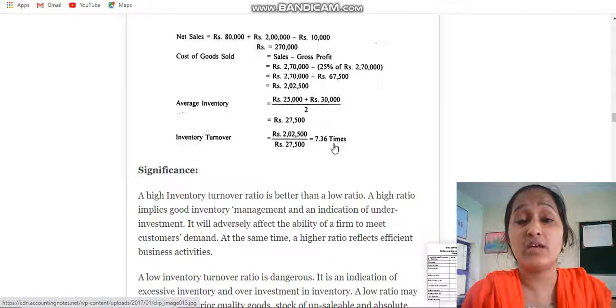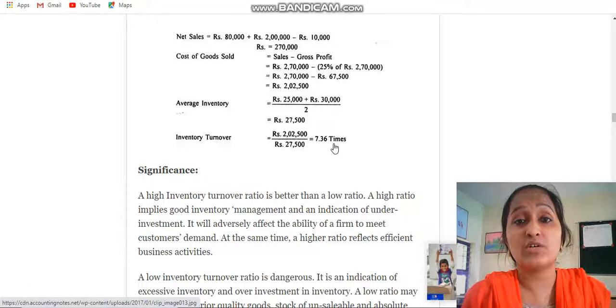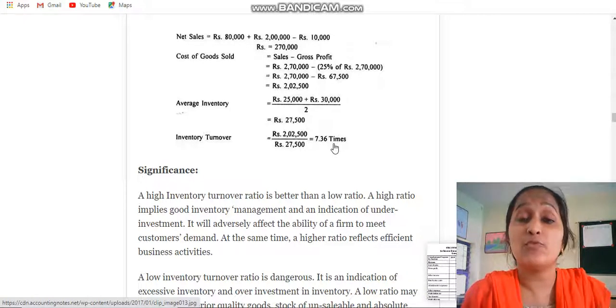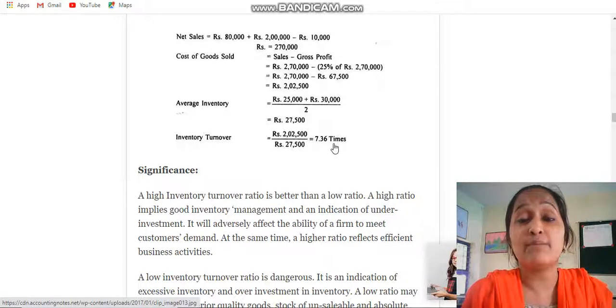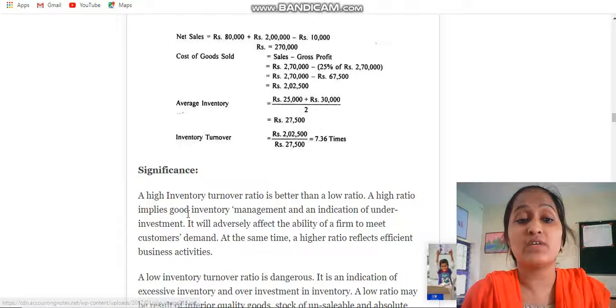We'll just have a glance at today's numerical session. Activity ratios are going to check the efficiency of the company, the amount which is actively involved in the company. There are 4 major types of activity turnover ratios: stock turnover ratio, debtor turnover ratio, creditor turnover ratio, and working capital turnover ratio. These 4 major types of ratios are going to tell you how actively the company's cash is involved in operating activities.